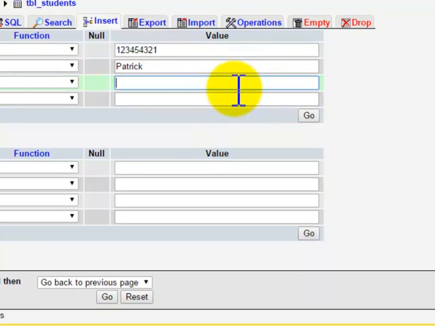Then the next one is the last name. And then the last is the department.